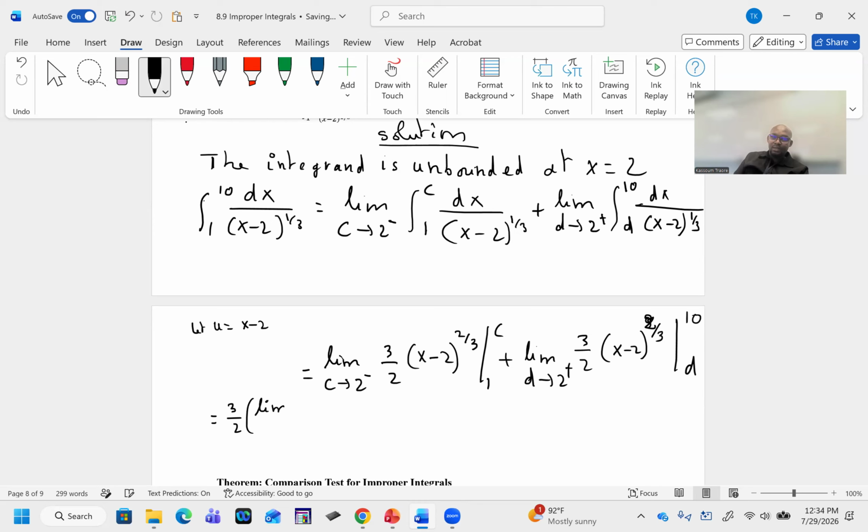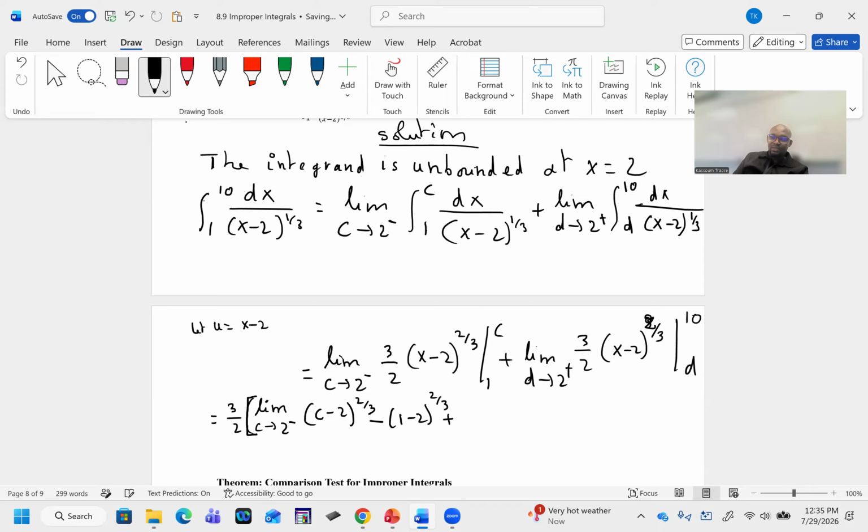It's the limit of c approaches 2 from the left. Let me use a bracket. We'll have c minus 2 to the power of 2/3, right? Minus, if you substitute 1 again, 1 minus 2 to the power of 2/3,